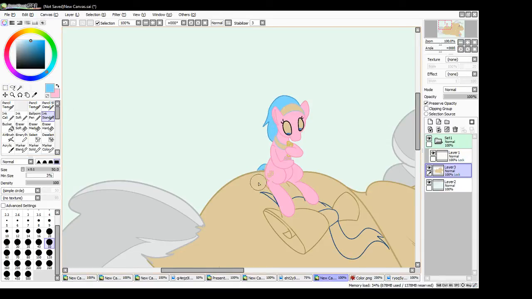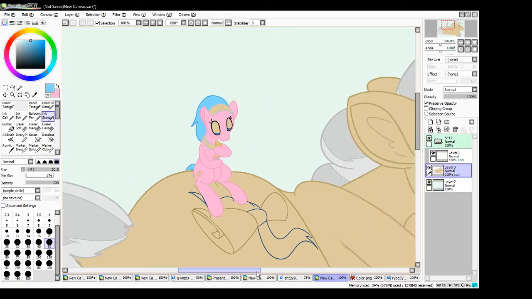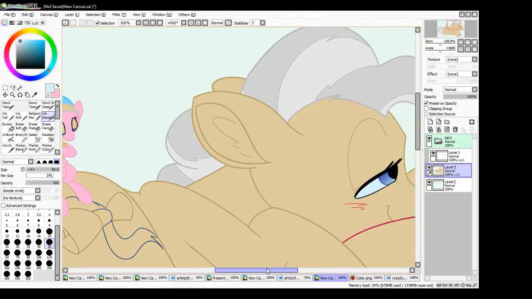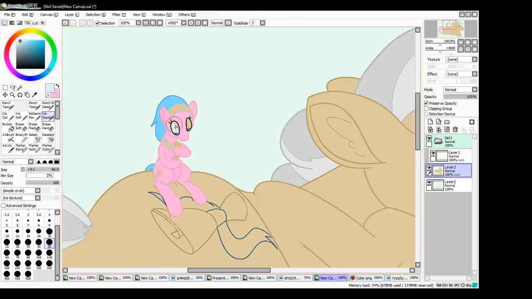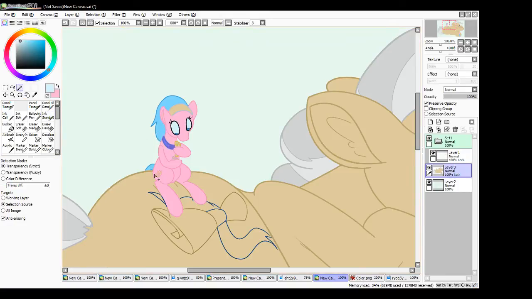And the benefit of locking the layer like we did earlier, preserving the opacity, is that for stuff on the outside of the form like this, if I have to color it in manually, I can color it in without going outside the colors that we need. So I don't have to make my strokes slower and more careful. I can just go nuts, or go a little more nuts at least. Yeah, let's go ahead and